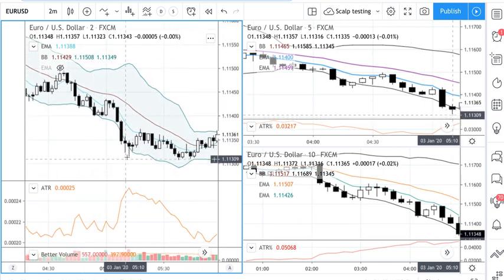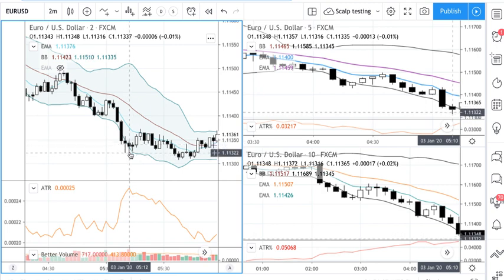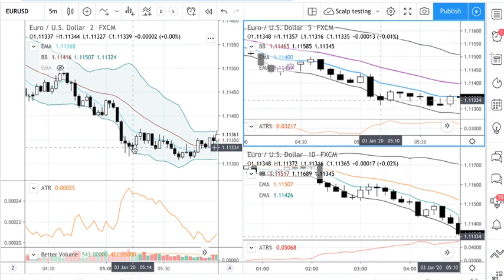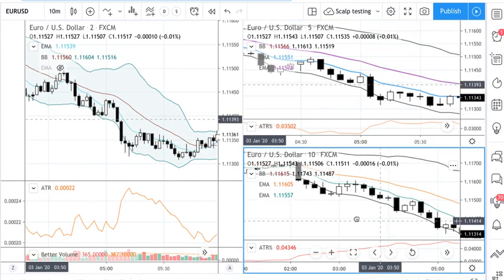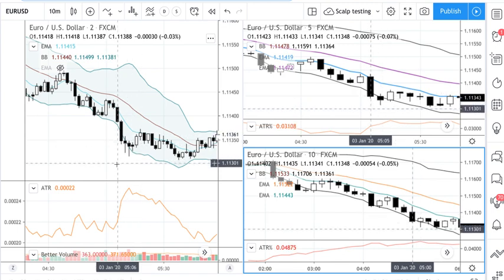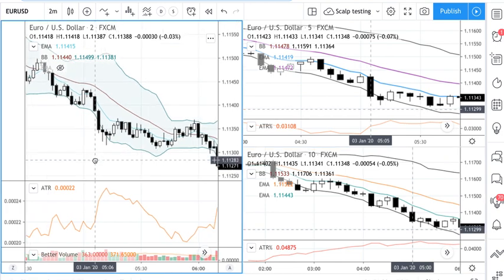So at 514 we have this little hammer candle, completes the RTC setup. What is our confirmation like? Our confirmation is good. That's got a Bollinger Touch. That is a shitty counter trend trade which lost, and